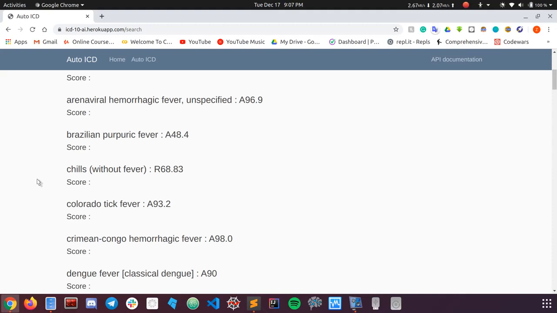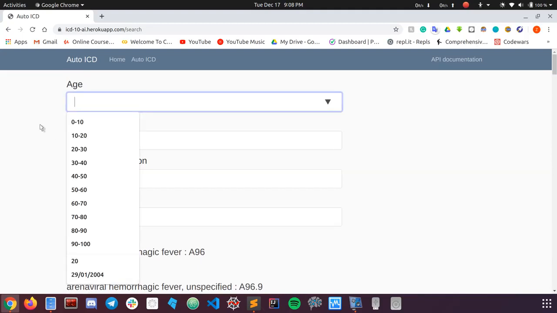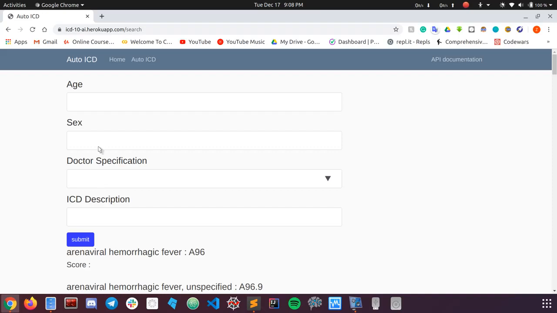In the first case, if it has not seen the combination of age, sex and doctor specification in the data set matching this description, then the machine learning algorithms will not work, because it just hasn't seen any data regarding that.